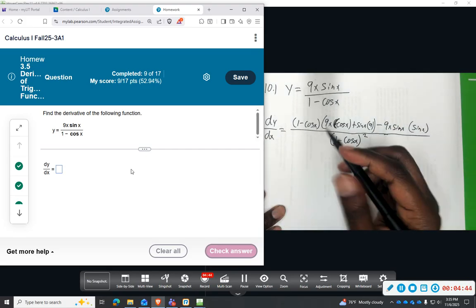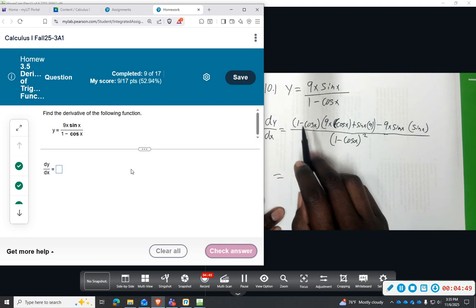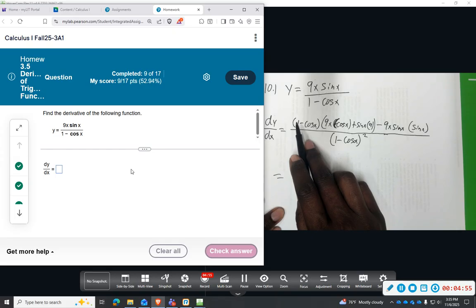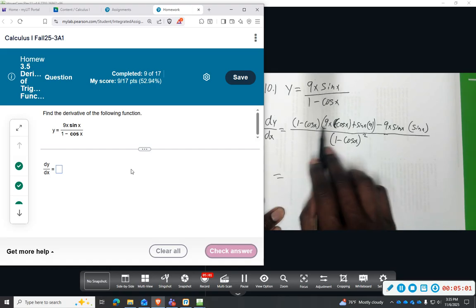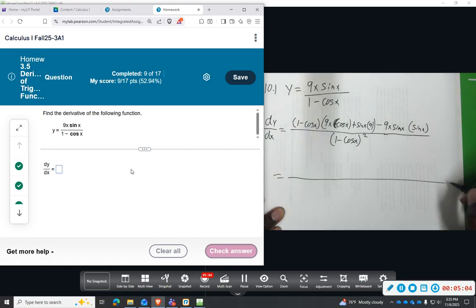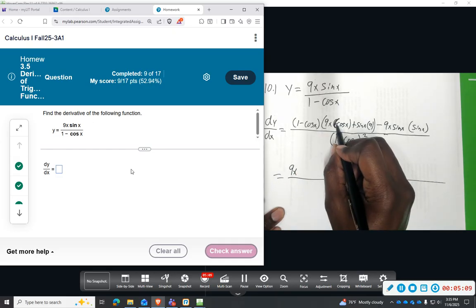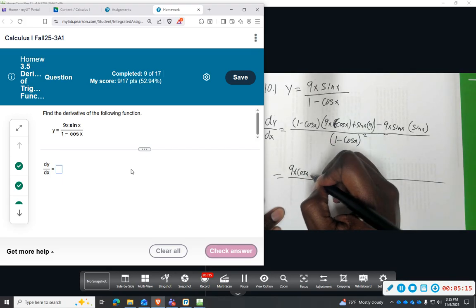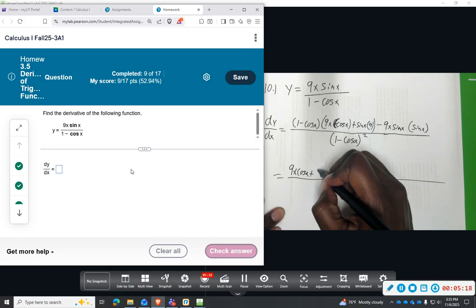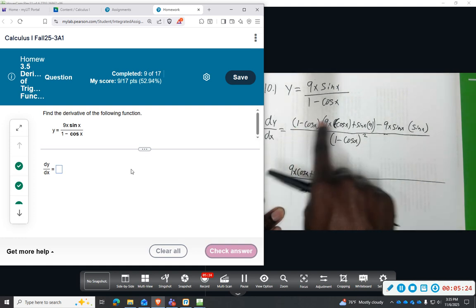And again, I will distribute and see if I can simplify anything. So we'll do 1 times both, and then the negative cosine times both of these. So that'll give me 9x. Now, was this a negative? No, just a regular cosine. 9x cosine of x plus 9 times sine of x, so that's times 1, and then we'll have a